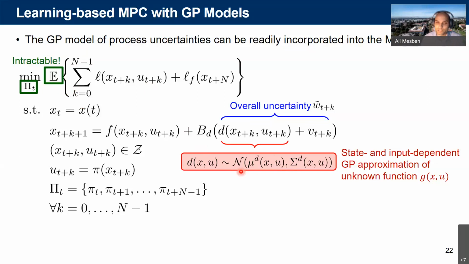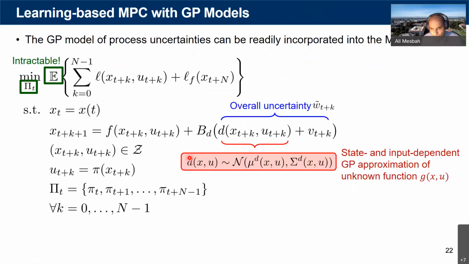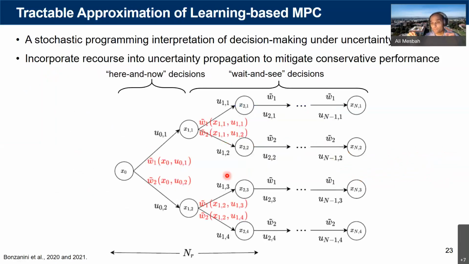So then the next question is how we should propagate these uncertainties, and there are various ways. One very useful approach in our view is the stochastic programming approach, which would lead to a scenario tree-based interpretation of decision-making or optimization under uncertainty. Here the idea is to use this model of uncertainty that we have learned from data, and is being adapted in real time, to draw samples, or scenarios, of uncertainties, right?